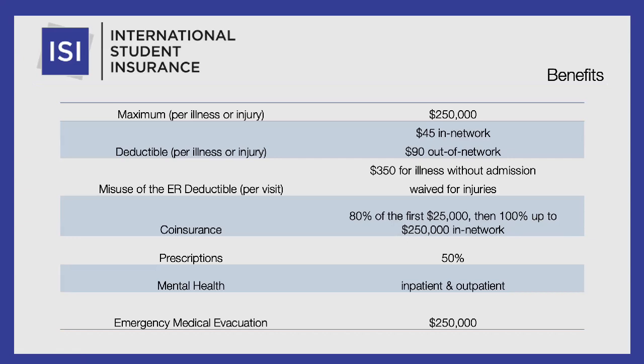Now, for bills that are smaller than 25,000, the standard rule will be that you will always need to pay 20% of